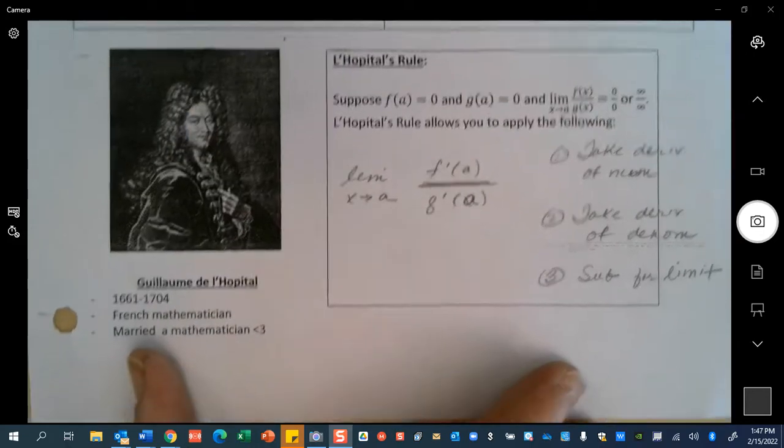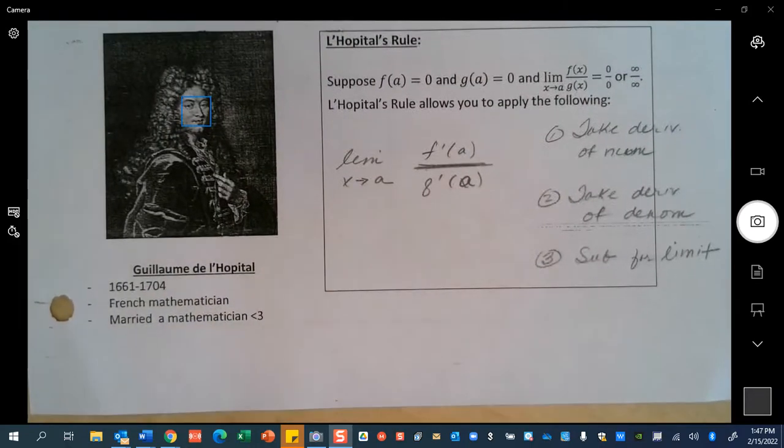And here's this handsome dude. Any French people want to help me pronounce his first name? Guillaume? Guillaume de